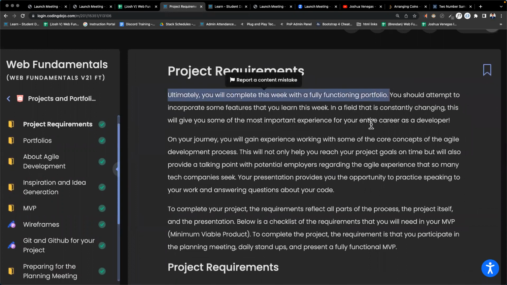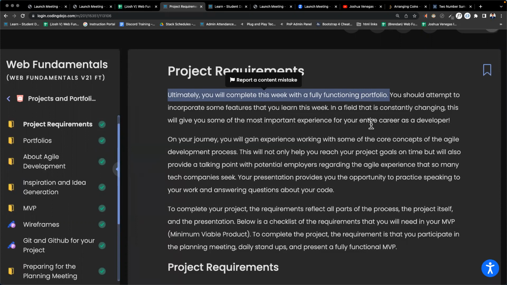Okay, so a portfolio is an option. It's not a requirement. So what that means is we're going to introduce this project week as if the portfolio is the best idea that you can come up with. But if you have a better idea, then you can definitely work on that and present that. But we're going to highly encourage you to make a portfolio for yourself, to present yourself like an online resume, a website that you can later post.